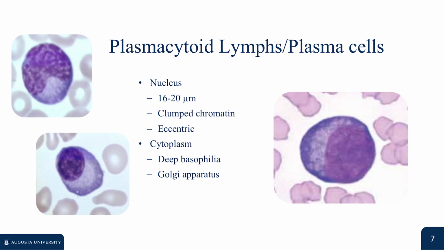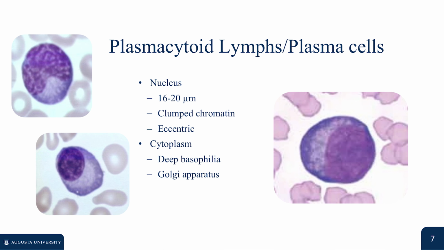On a peripheral blood smear, mature plasma cells measure 16 to 20 microns in diameter and feature a distinctly eccentric nucleus. The nuclear chromatin of a plasma cell is dense and heavily clumped into a characteristic cartwheel or clock face arrangement. The cytoplasm displays deep, intense basophilia due to an abundance of rough endoplasmic reticulum required for protein production. Right next to the eccentric nucleus, a prominent clear area known as a perinuclear halo is visible, representing a highly